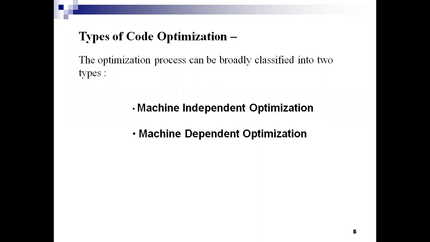And the next advantage is that when you perform the optimization, it always allows faster execution of the source program by making some minor modifications. Here we are making some minor modifications, right? So these are the two most important advantages of code optimization. And now I know the advantages of code optimization, I need to know the problems of optimizing compilers.